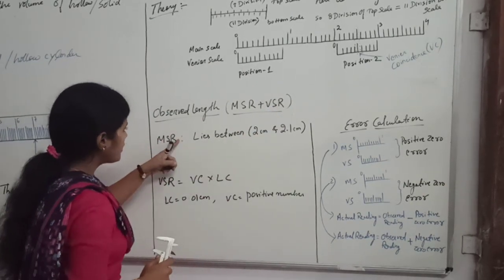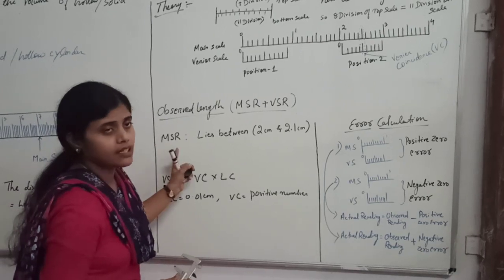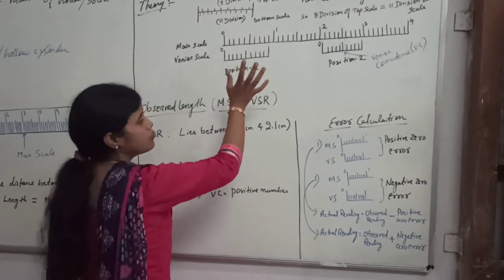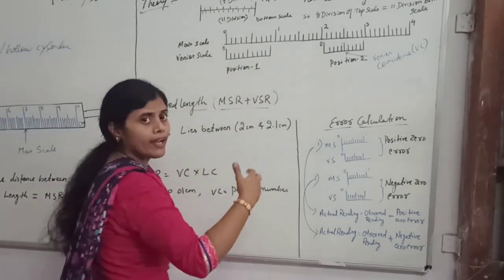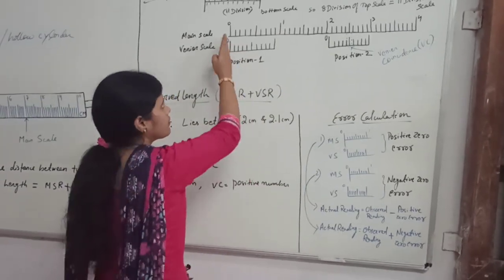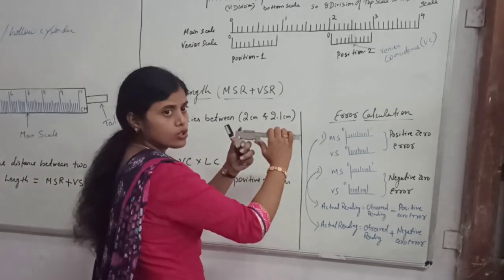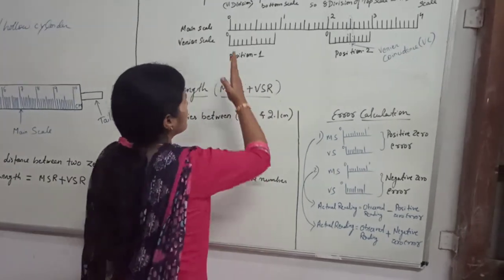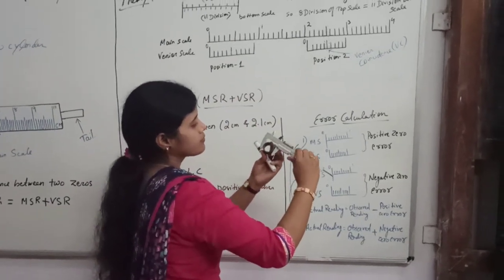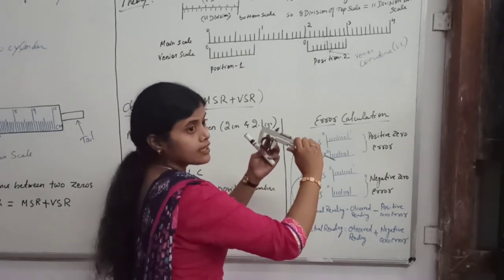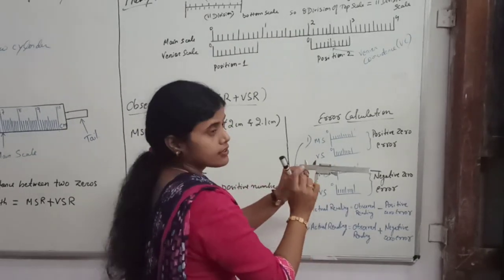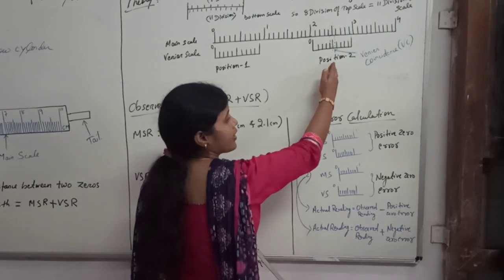Now let us understand how to find the main scale reading. You see here, this is position 1. I have drawn this to make you understand the divisions while calculating the least count. But suppose in this position no object is placed between the jaws. That's why they are completely closed and both the lines are coinciding. But in the second position, I have placed an object. Here I am measuring the external diameter. After placing this object, I want to find the length. This is given by this drawing, position 2.